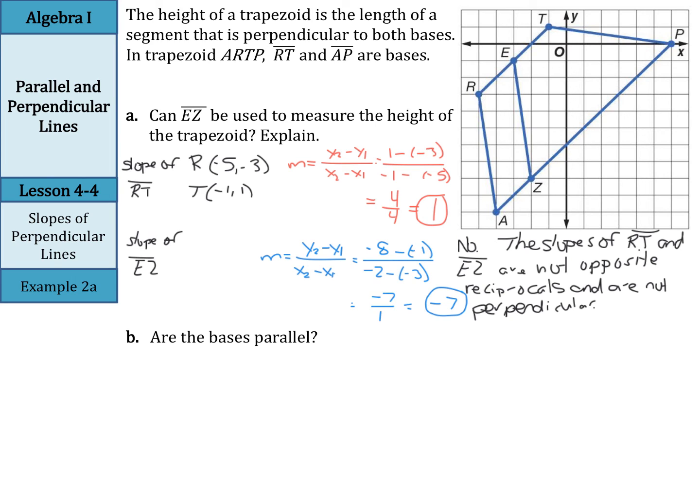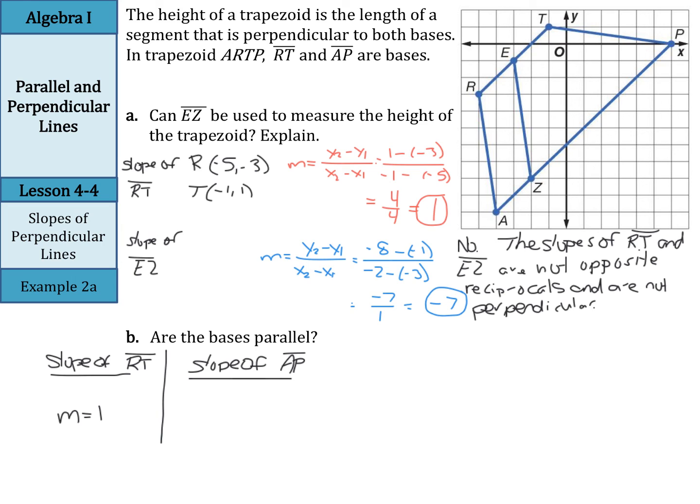In part B, are the bases parallel? For this question, I need to compare the slope of RT with the slope of AP. Well, the good news is I already know the slope of RT from our previous part. Our slope's equal to 1. Now we need to check the slope of AP to see if it's also 1, since lines that have the